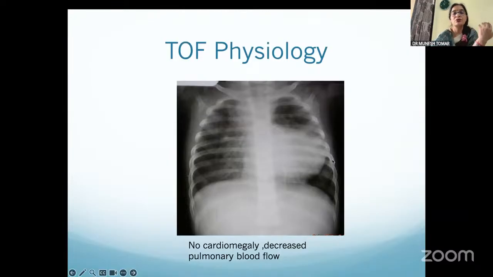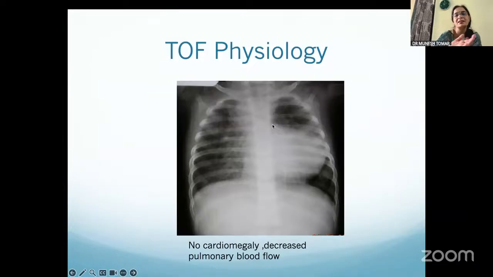So X-ray is usually this. You all know this boot-shaped heart. Boot-shaped heart means it is RV type, and when the RV is enlarged, it just turns towards the left, an upturned apex, leading to this particular shape. So just to mention, no cardiomegaly, RV type of apex, and there is pulmonary